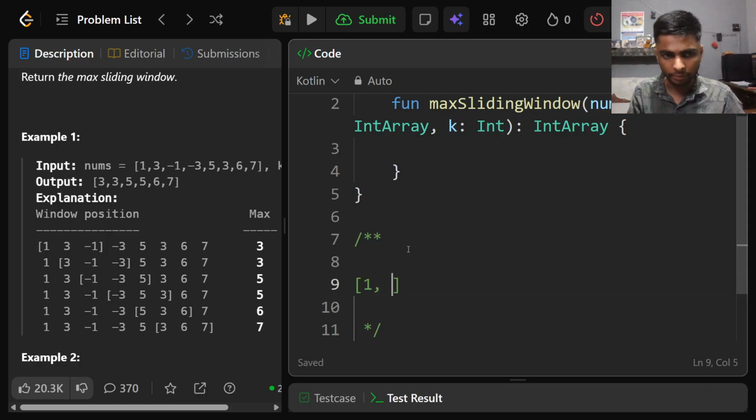Now 3 is greater than my queue's front, which is 1. So what I'm going to do is start removing elements from the